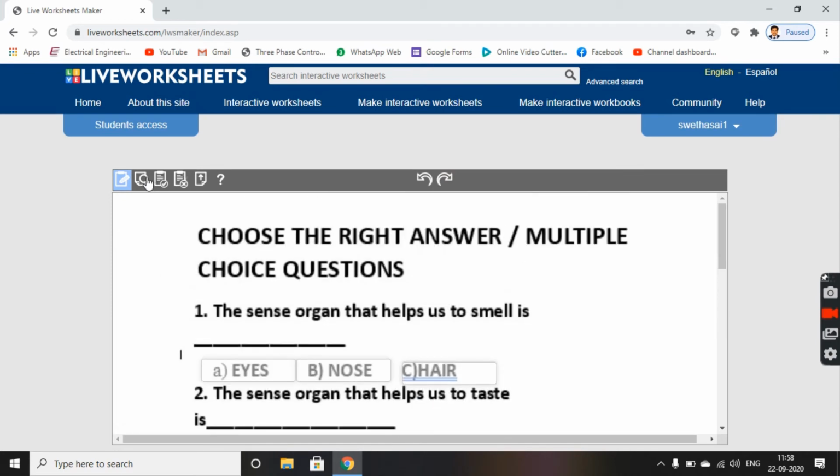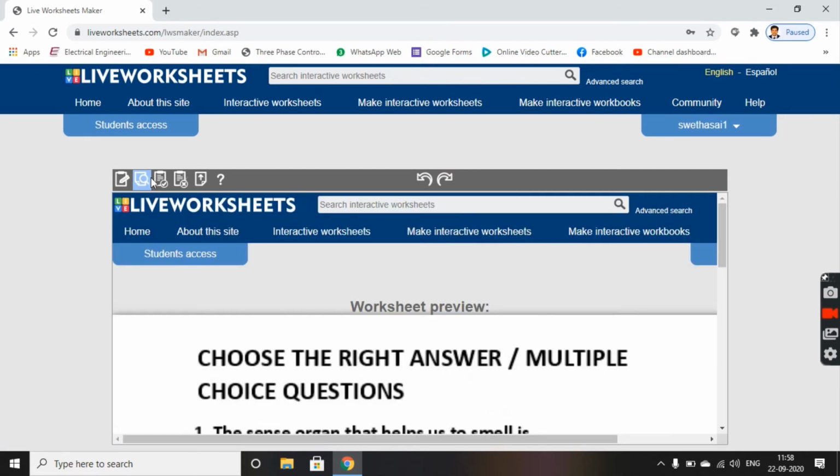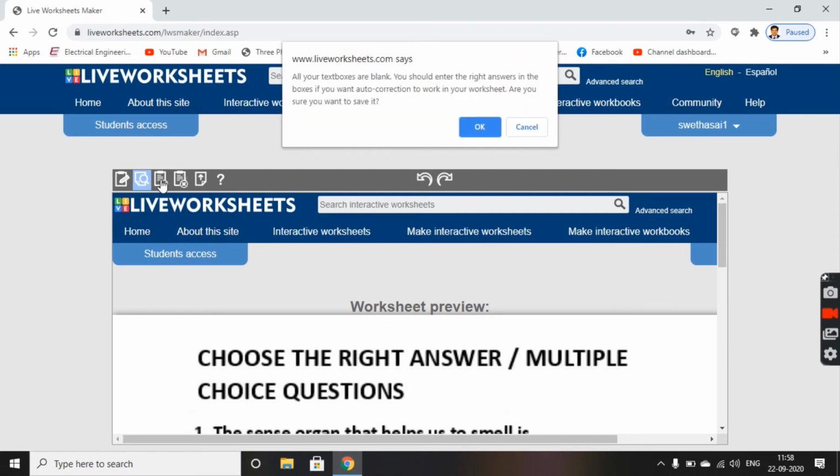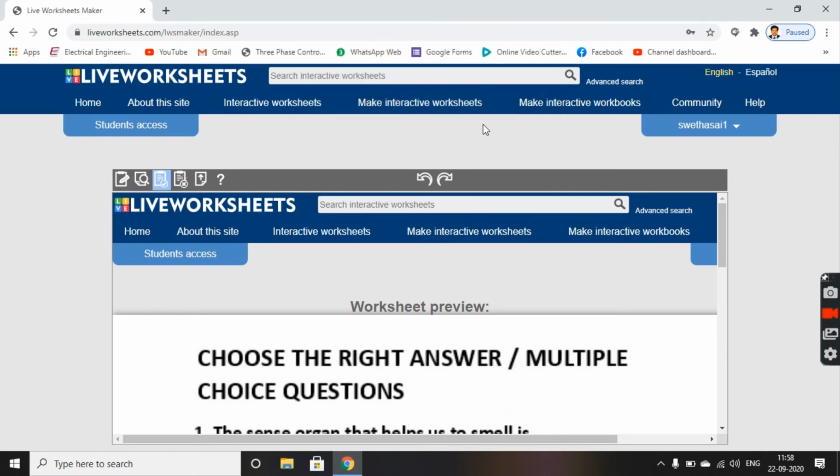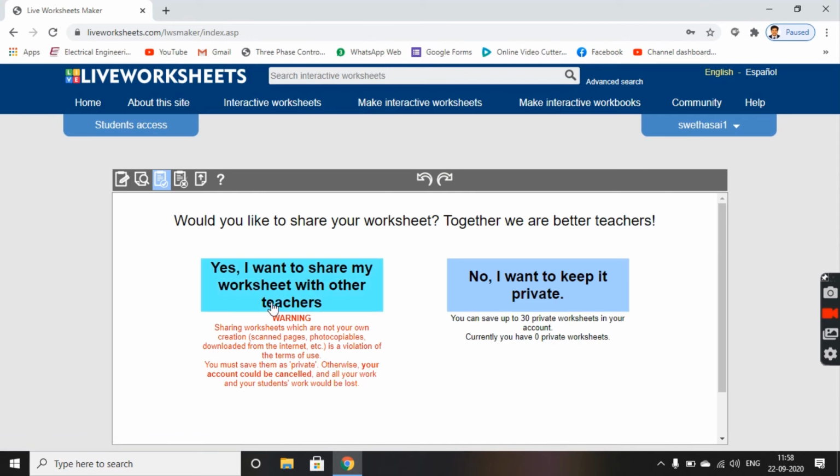Once you are done, you can preview it, and later on if you like it, you can save it and click on OK. Yes. You can choose yes, I want to share my worksheets with other teachers, or you can keep it private, but that gives a limit up to 30 private worksheets.